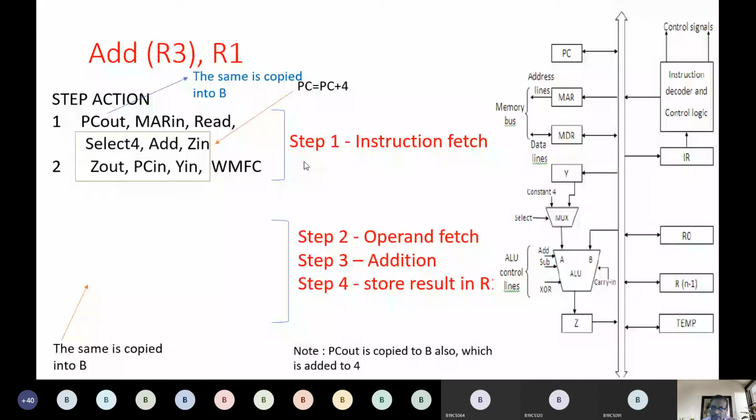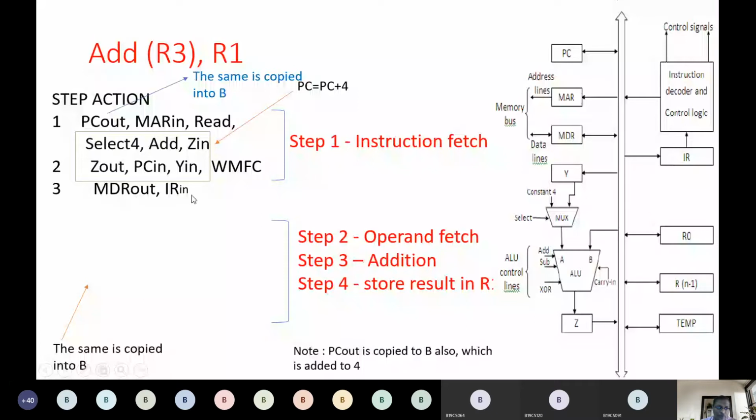Now we will take output from MDR. How will we take MDR out? By setting the out signal to 1, we take data from MDR. When we say MDR out, data will now be available on this single bus. Now where does it flow? IR in. It flows to the IR register, the instruction register.